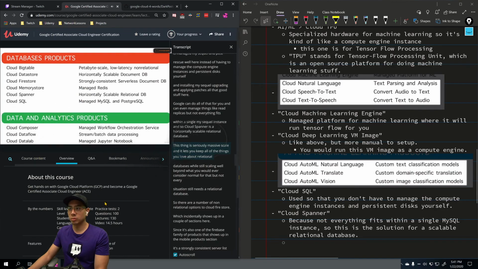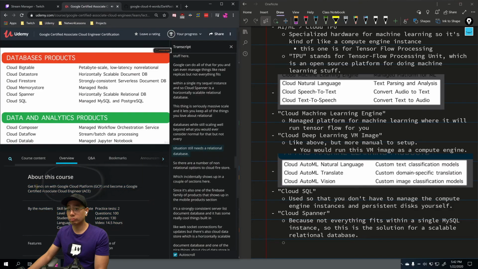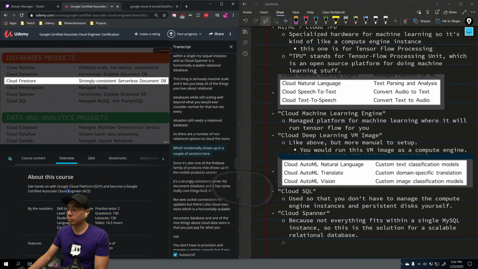This thing is seriously massive scale, and it lets you keep all of the things you love about relational databases while still scaling well beyond what you would ever consider normal for that. But not every situation still needs a relational database, so there are a number of non-relational options too. Cloud Firestore, which incidentally shows up in a couple of sections,